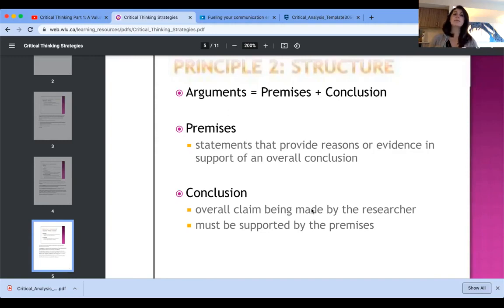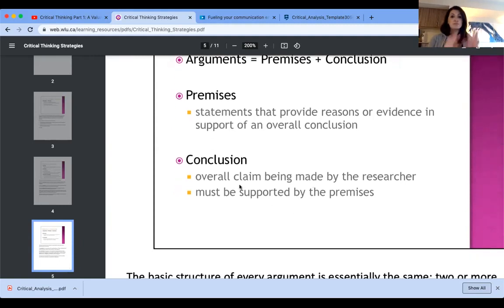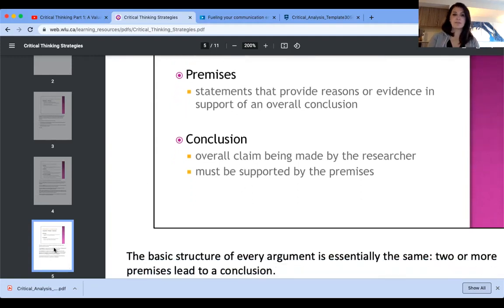Then again, recap. In order to have a better debate, better critical analysis, you need two pieces of information: premises, enough reasoning and evidences, and in order to drive a better conclusion, your conclusion is driven from the claim. So you did the research and you need to have enough supporting documents and pieces of evidence to have that conclusion.